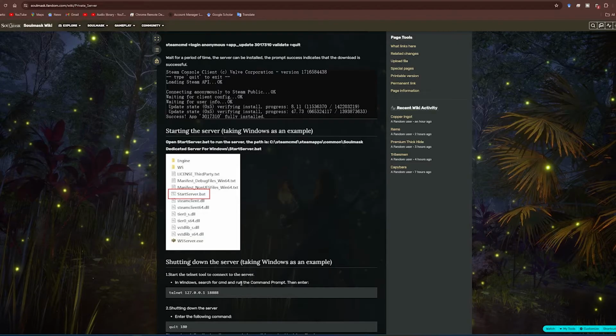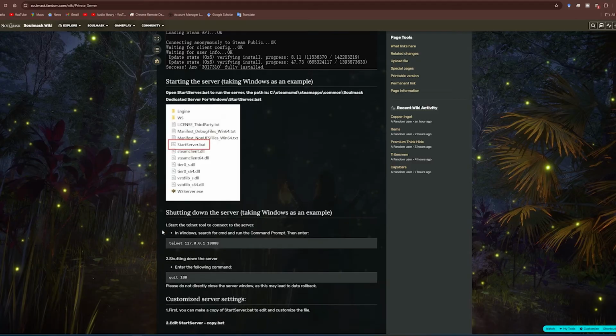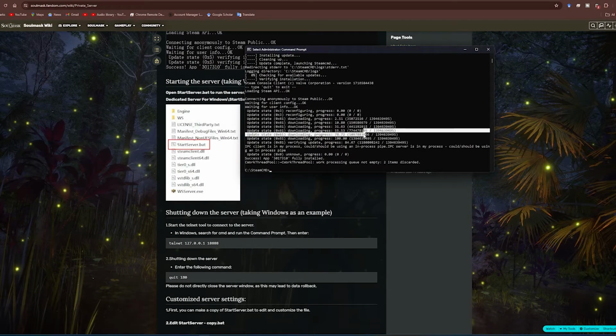So while we do that, we're going to look at the next thing it's telling us to do, which is shutting down the server. That's also more or less how to connect to the server. So right here, like I said, start the Telnet tool to connect to the server, which I wasn't doing on my first one, and I was like, no, it's still not going. So they have it set up with Telnet. So we want to go with Telnet. We just type that right in here,